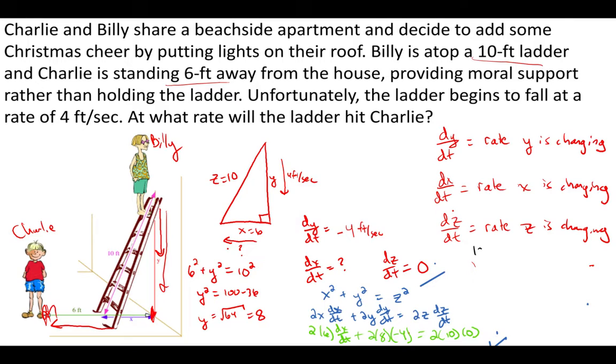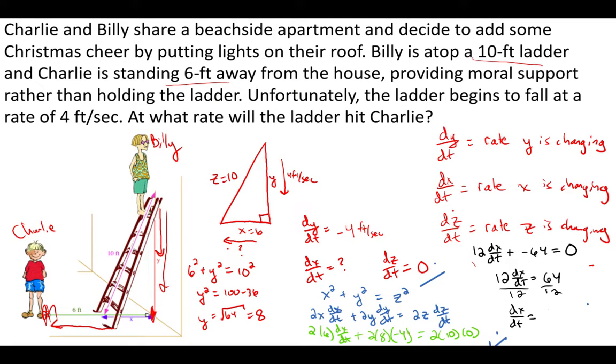So 2 times 6 is 12. So I have 12 dx dt plus 2 times 8 times -4, which is -64, equals 2 times 10 times 0 is just 0. So then I'm just going to solve for dx dt. So I get 12 dx dt equals, add the 64 over, and then just divide by 12. So dx dt